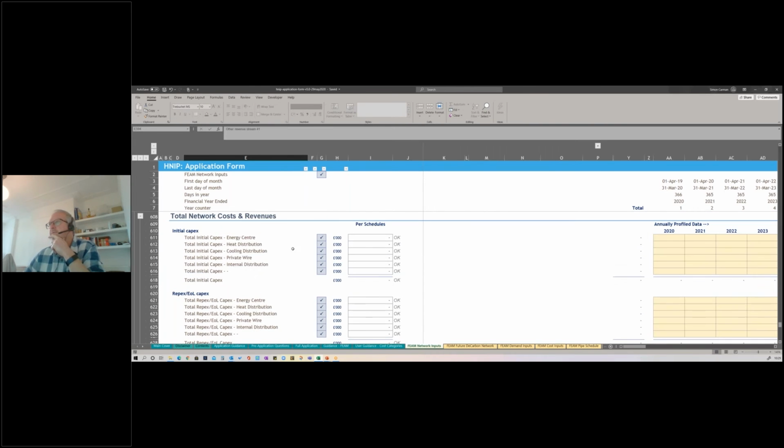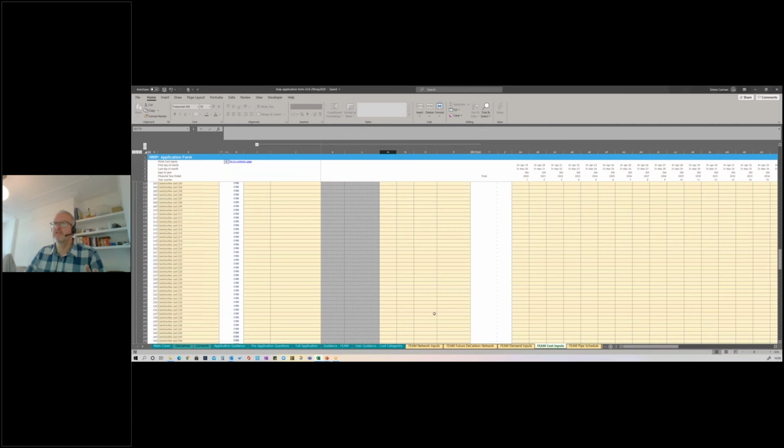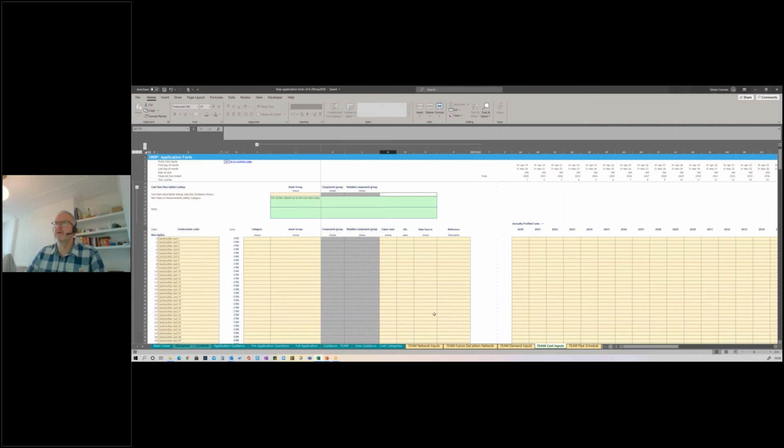And these boxes here with the ticks, summary costs are pulled through from the cost input sheets, and this is a reconciliation that we've provided to be helpful. So on the cost input sheets, we ask for quite a lot more detail around your capex, itemized capex costs. So this should record initial capex and repex,